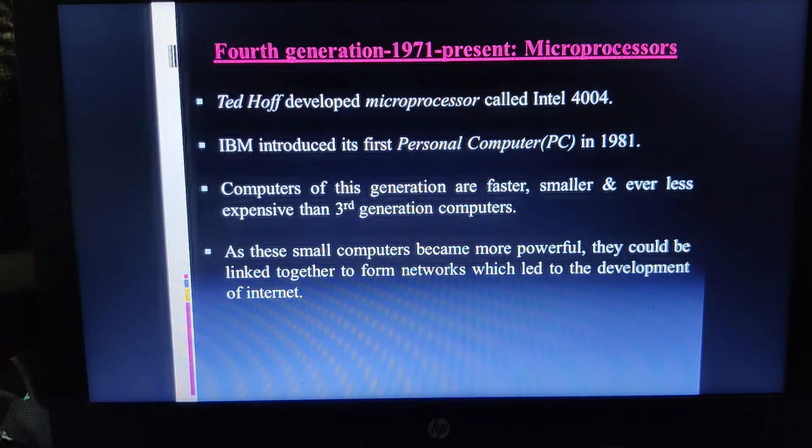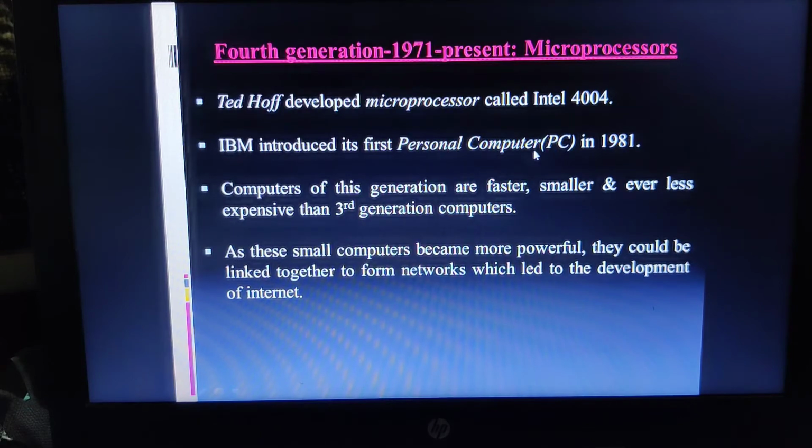Right from the fourth generation we started having the internet, so that computers can communicate with each other. That helped people transfer data over the internet without manually going from one place to another, maybe through emails or through fax machines. Then let us see what the features of the fourth generation were.